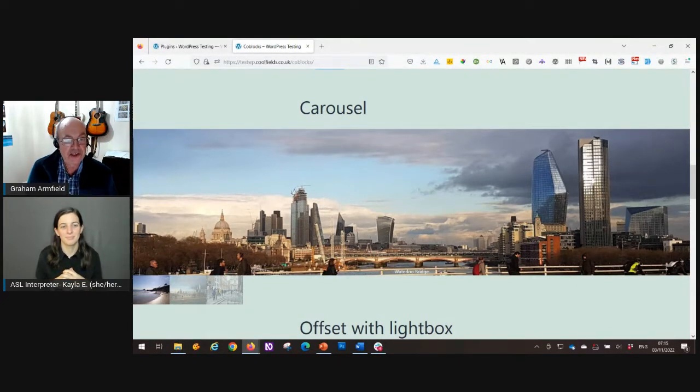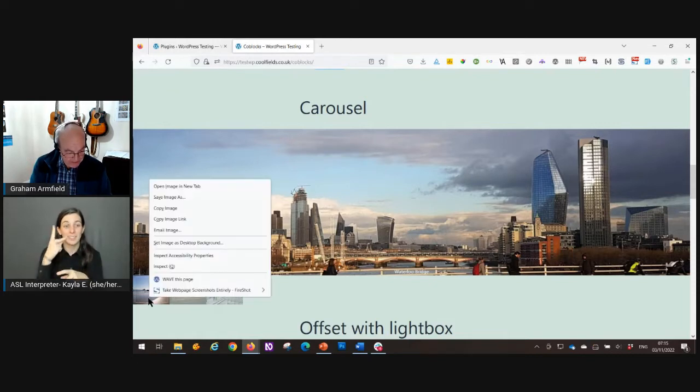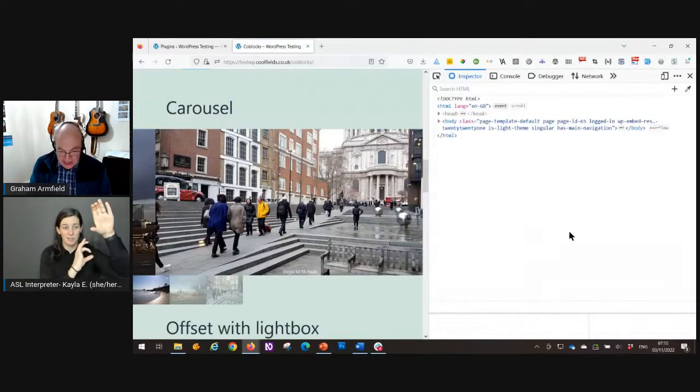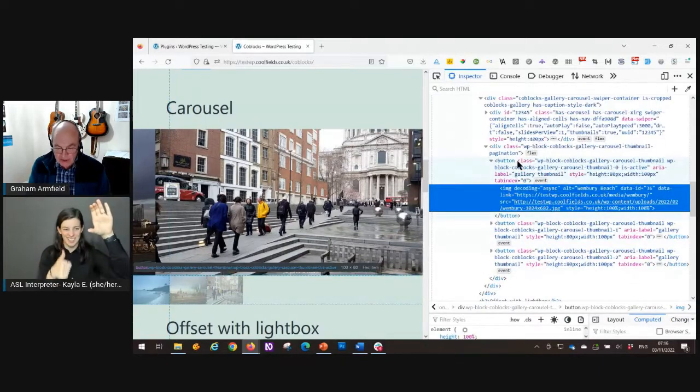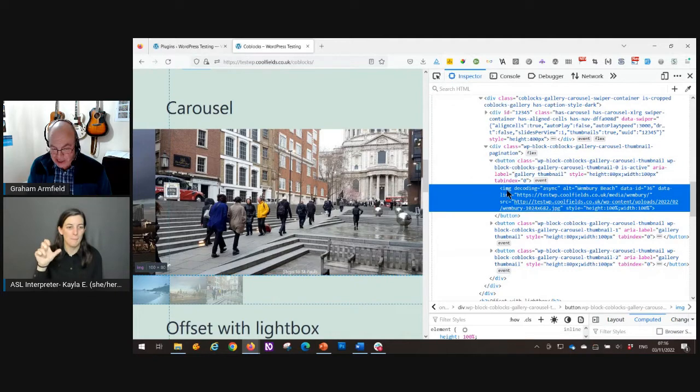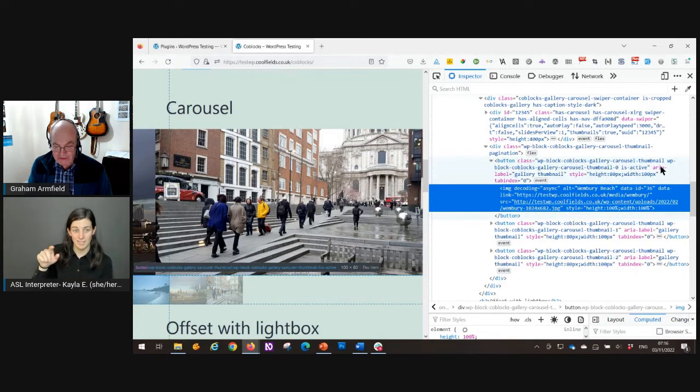Yeah, from a screen reader user's perspective, these images here are in a button, which is good because buttons are things that trigger functionality, and the image itself has some appropriate alternate text. If only I could find it. There we go: Wembury Beach down in Devon. However, the button itself, they've actually given it an ARIA label.